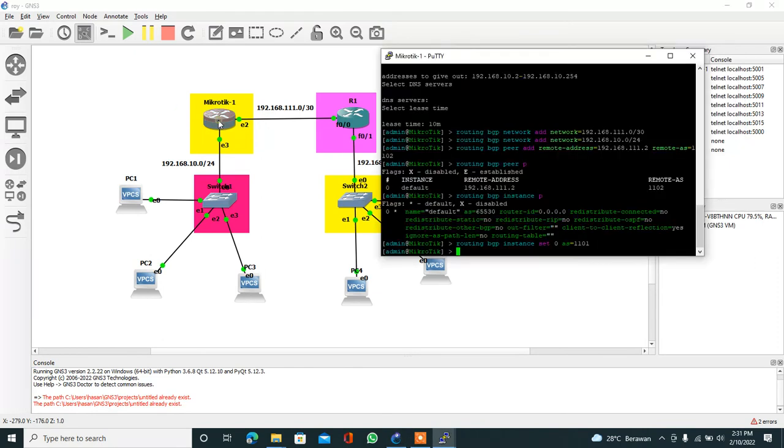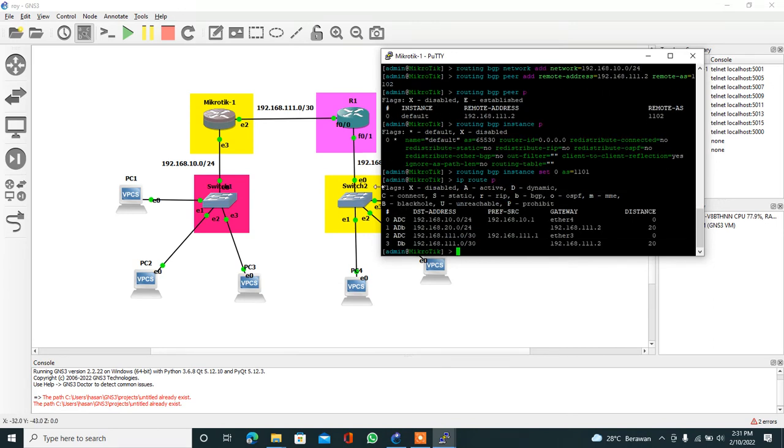Okay, we enter the MikroTik router. You can type ip route print.